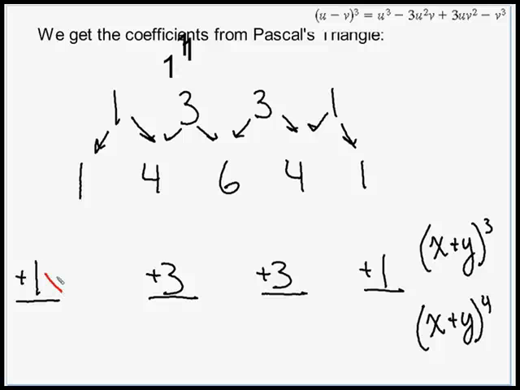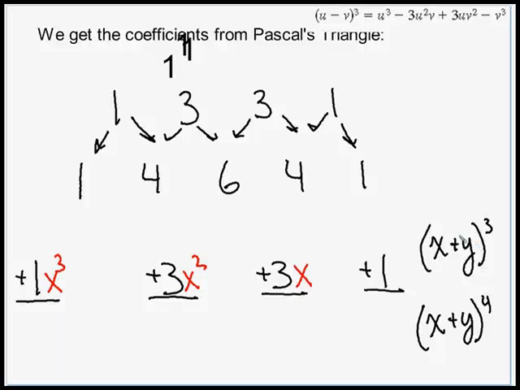So this is going to be x to the third with the first term, x squared with the second term, x to the first with this term, and we don't have to write the first power. So I can knock that off of there. And then we would have x to the 0. But do we have to write x to the 0? Because x to the 0 is what? 1. Anything to the 0 power is 1. So we can not write it there, but that's the pattern. X to the third, x squared, x to the first, x to the 0. And that's gone. And now we can sort of do it right to left